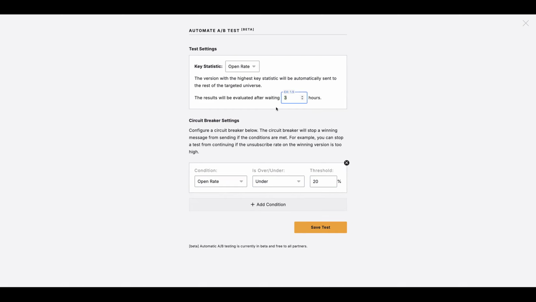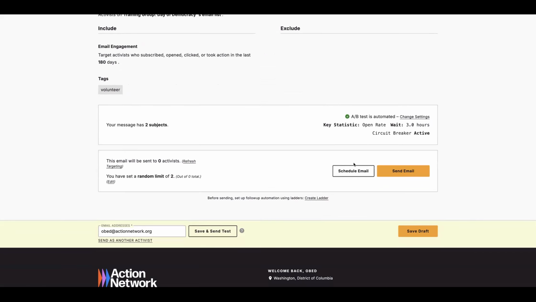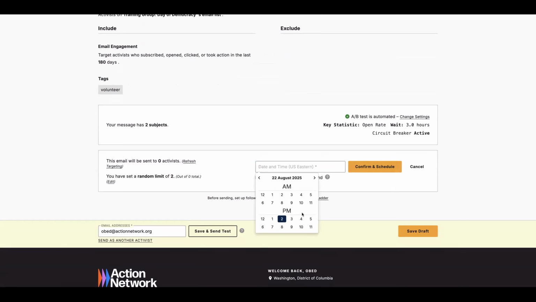And what that means is that after 3 hours, if both tests have open rates below 20%, then it's over. We're not going to send this out to anyone else, neither test one, and you're all done there. So I'm going to set that up right there. And you can schedule this for any point in the future. And an important thing to note when you schedule emails,